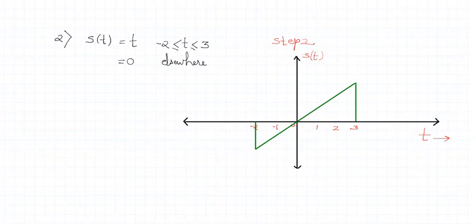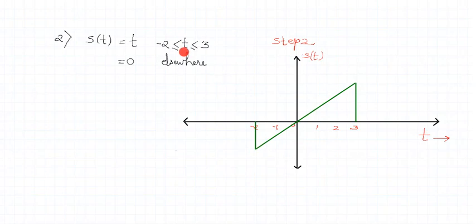Let us analyze it together. Let us start with the time instant -2. What happens at -2? t takes a value -2. What is the equation of the signal? The equation of the signal is t. So whatever is the value of t is the magnitude of signal s(t). Yes. So t takes a value -2, and s(t) is -2 at time instant -2. At -2, if you see, I have taken a magnitude of -2. Right. So this is the starting point.